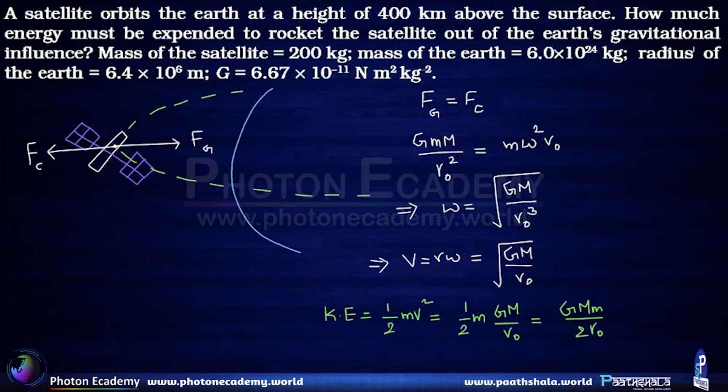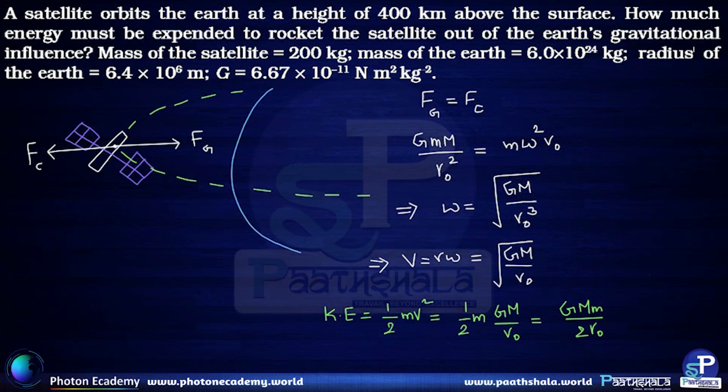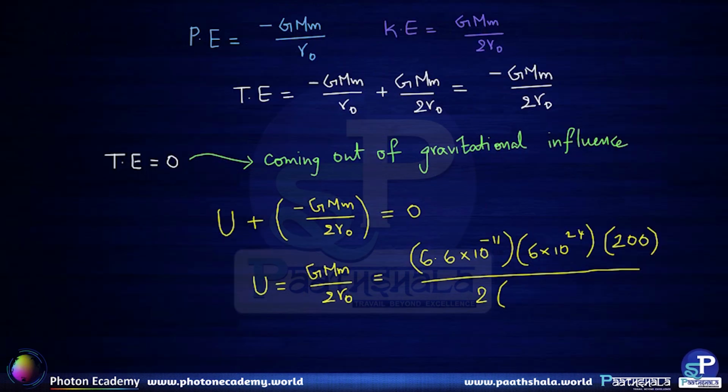It is given that it is revolving around the Earth at a distance of 400 kilometers above the surface, and the radius of Earth is 6,400 kilometers. So totally we would get the radius of orbit as 6,800 kilometers,